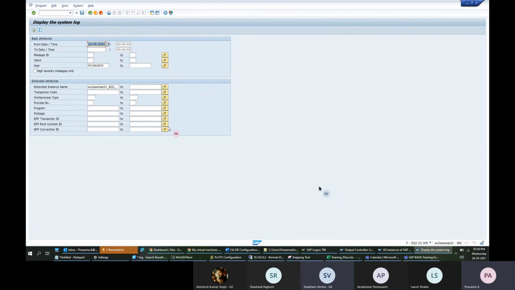It will connect to the SAP running on that server and just display the data here. To stop SAP or start SAP, I have to log into the server where SAP is installed and running. I have to do it from there.